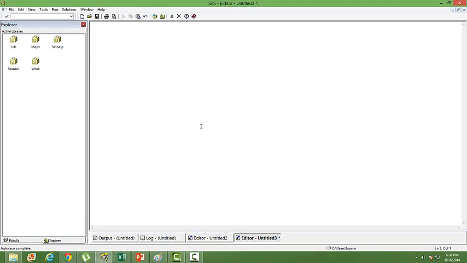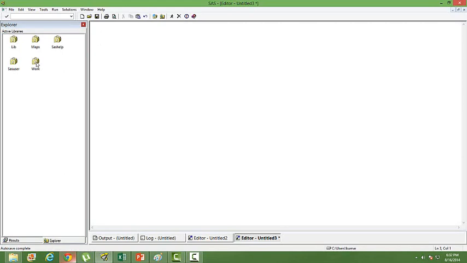One is your temporary library, the other one is the permanent library. Temporary library is known as the work library. You can see it on your left. If you go to Explorer, you will find this library. This library is already created in SAS. You don't have to create it.